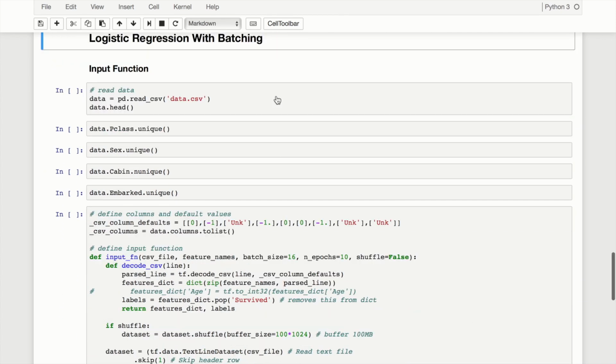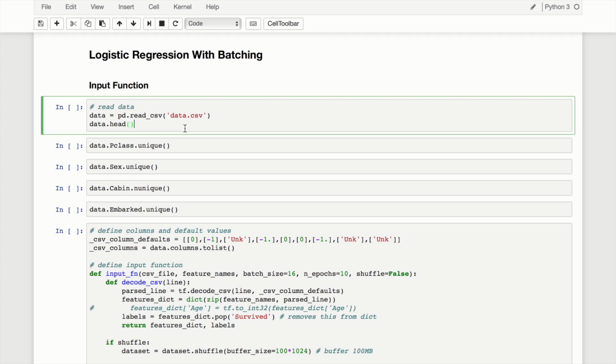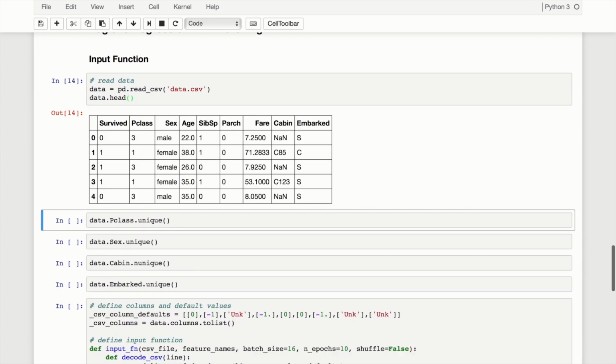Okay, so let's go ahead and take a look at our more complex version. This is logistic regression with batching. We're going to use some of the higher level APIs, and this is going to pull together some of the work that we've already done. So we're going to take a look at using estimators along with the batching method that we created in our last video. So here, let's go ahead and read in our data once more,